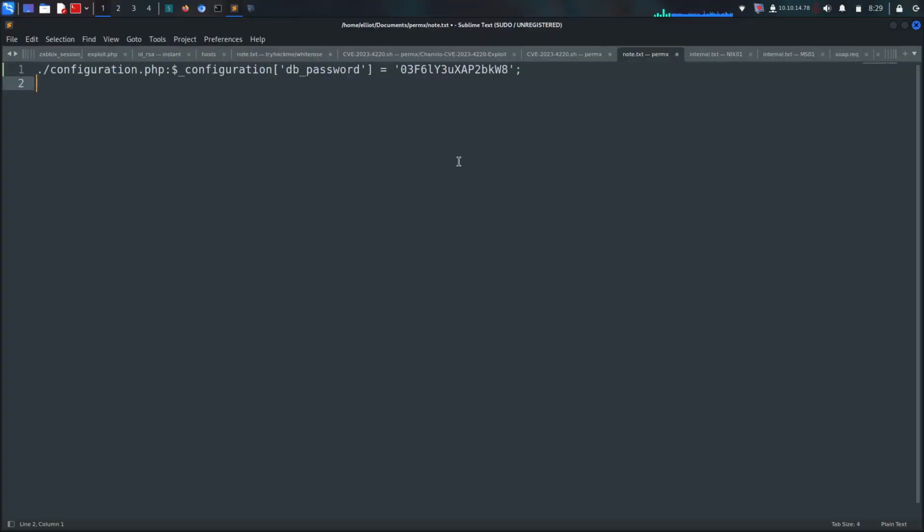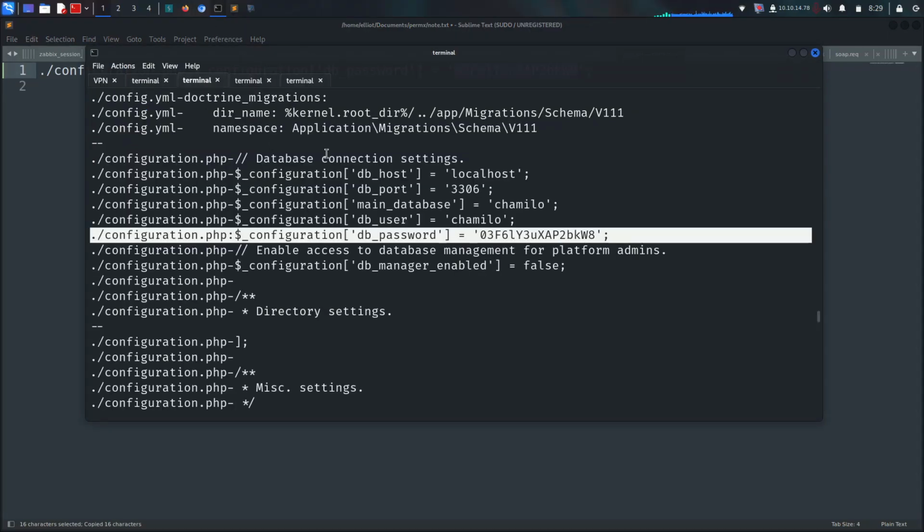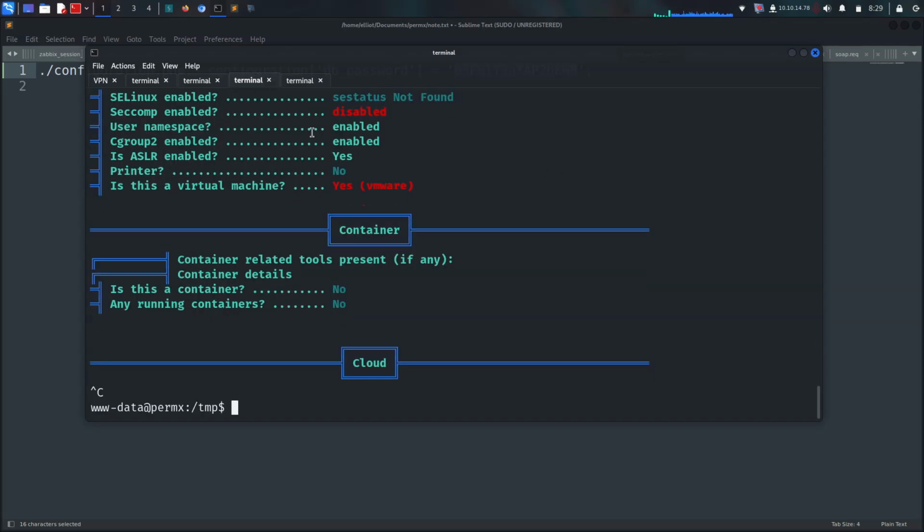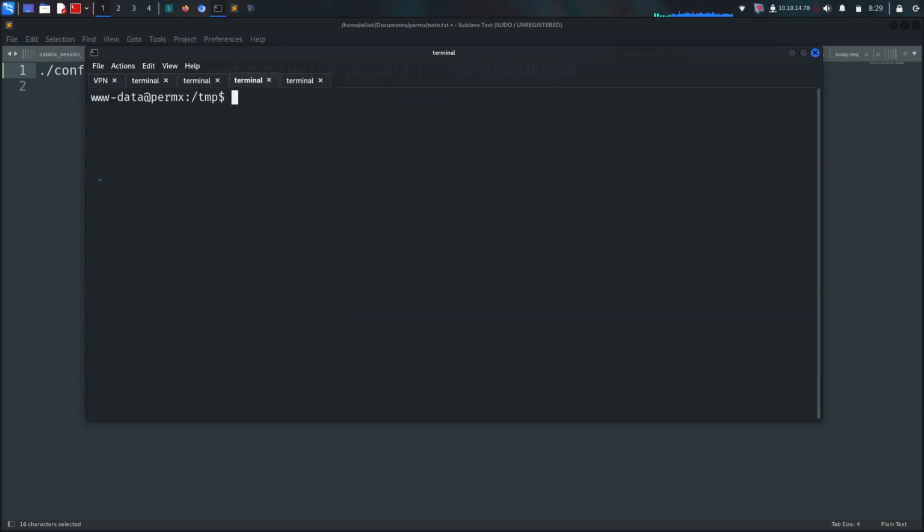yeah. So this is the MySQL password. Anything we got it here, any MySQL user. Okay, it's Chamilo, and database is Chamilo. It's running on port 33 and somewhere. So let's use it. MySQL, you know, it could be fine, or